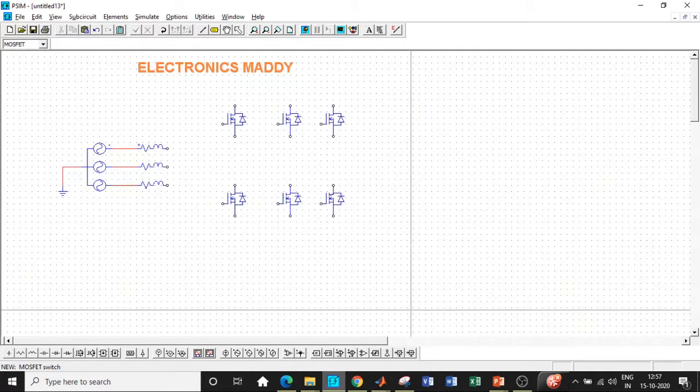So I'll be connecting them in a form of a bridge in this particular fashion. So you can also use a thyristor bridge that is directly available in PSIM, but I wanted to show step-by-step simulation of how to connect them, and that is why I'm using 6 MOSFET switches. Once this is done, let us connect this between 3 points with respect to the respective phases A, B, C respectively. And if you carefully observe, there is additional nodes that are formed. So you have to be very careful while connecting this. So I'll be connecting now, and there is only one node formed over here, and there are no nodes formed here.